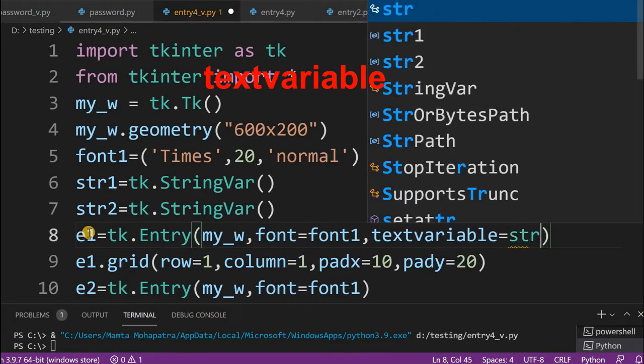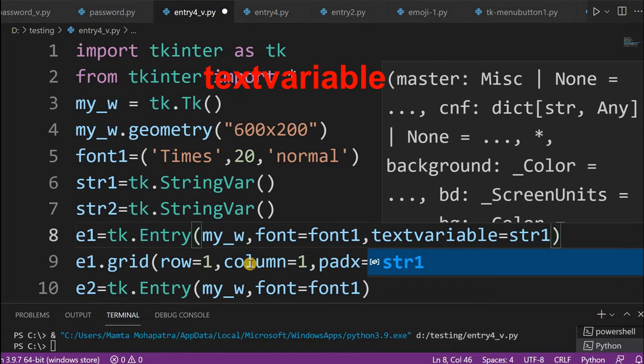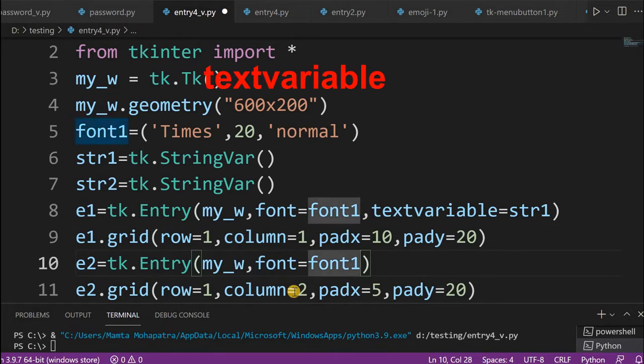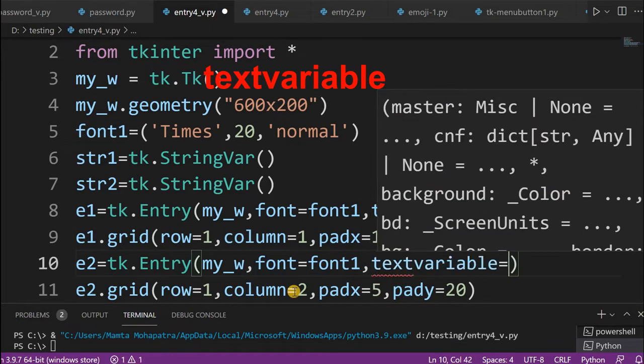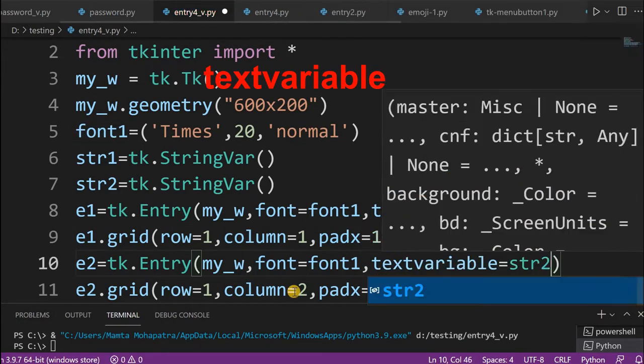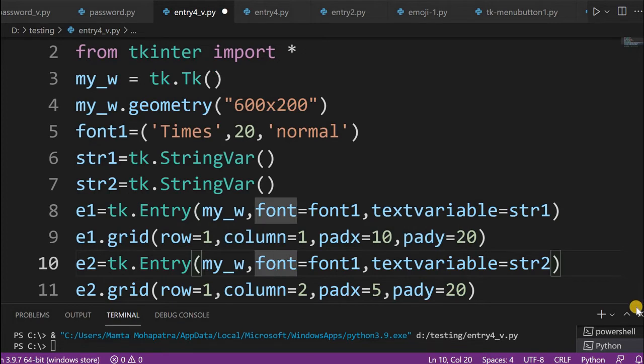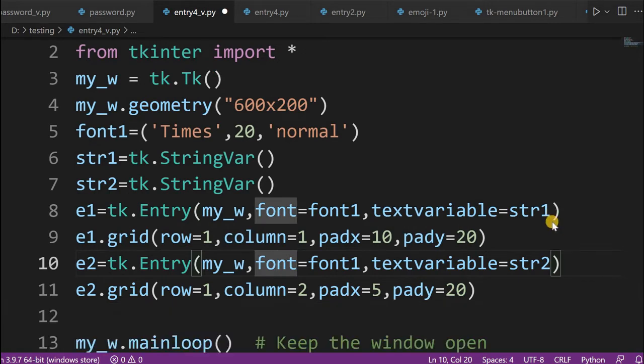I will say textvariable str1, and for the second one, E2.grid, here it is, textvariable str2. So two string variables connected to the two entry boxes. Fine, these two entry boxes are ready.